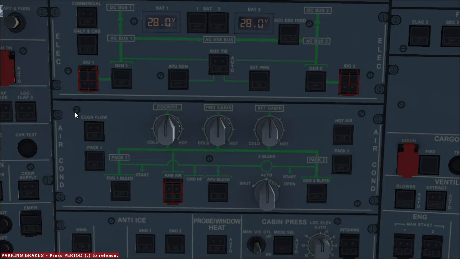So first of all, this is the air conditioning panel in the overhead panel. I will first discuss how the airflow works. This is engine 1 and this is engine 2. The engines supply air to the packs. Engine 1 supplies pack 1 and engine 2 supplies pack 2. If there is any failure, if engine 1 or engine 2 is faulty, then